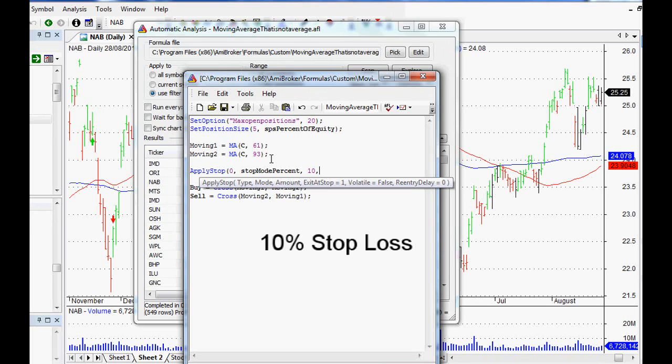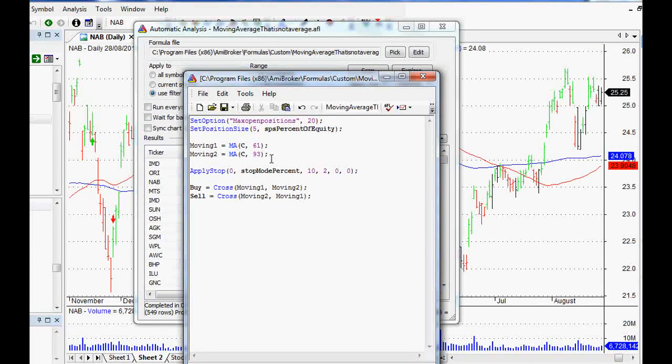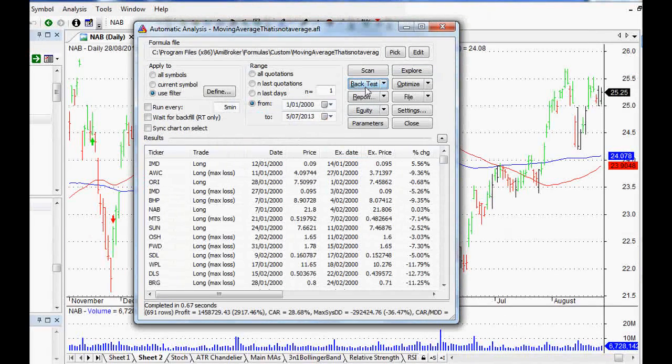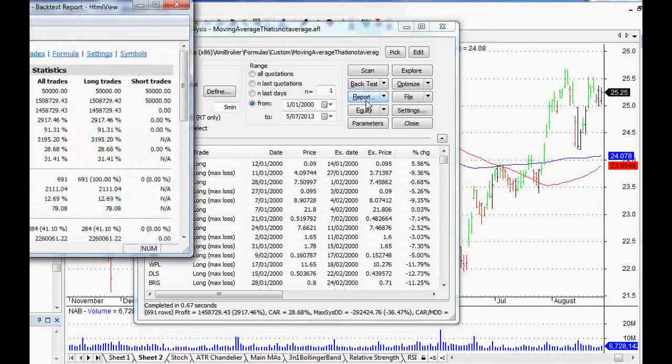And the exit at, okay, so if we want it to exit on the next day, for example, if we were scanning this at nighttime and then trading the next day, that's actually a number 2 in that field. And then the rest, I just put false and false. So no re-entry delay as well. Now, obviously that's a lot of stuff to cram into that stop loss section, and the Amibroker website has all of that information there, so it's a lot easier for you to check it out and to try different things as well. So if we save that, and then do a backtest on that system, and then report again,